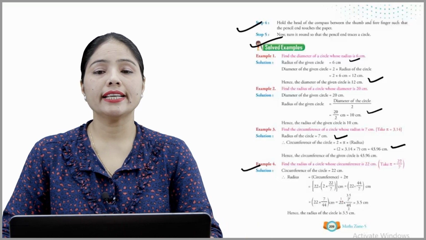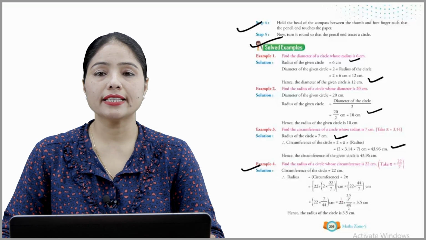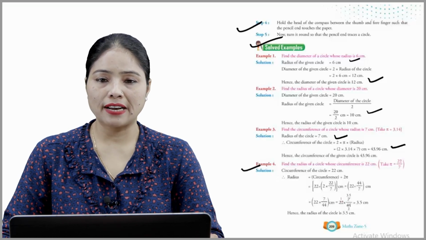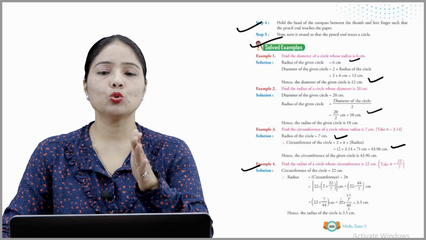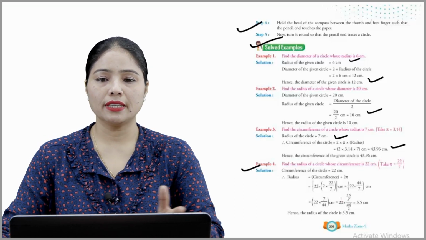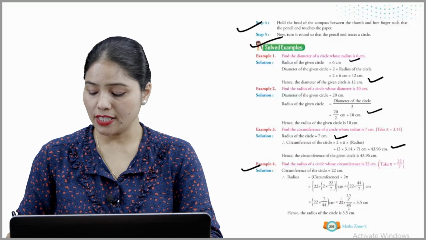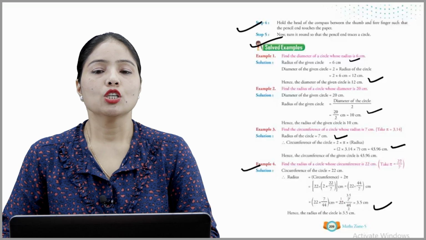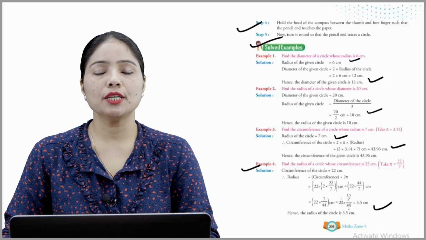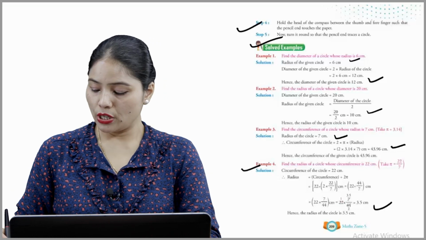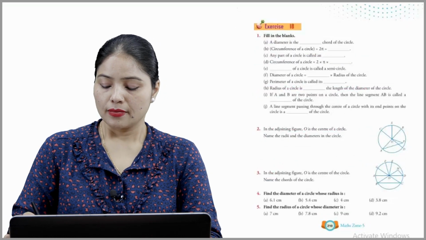Radius क्या है हमारा, radius है circumference divided by 2 pi. So 22 हमारा जो circumference है, उसमें 2 into 22 by 7 centimeter. Divide करने पे हम क्या करेंगे, now reciprocal और answer is 3.5 centimeter. So hence the radius of the circle is 3.5 centimeter. Okay, I hope you understood well. So now move on next.